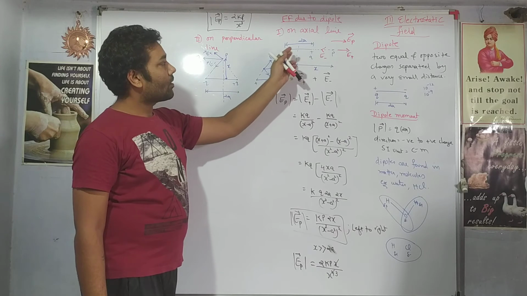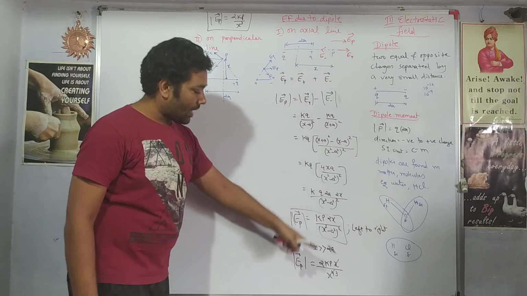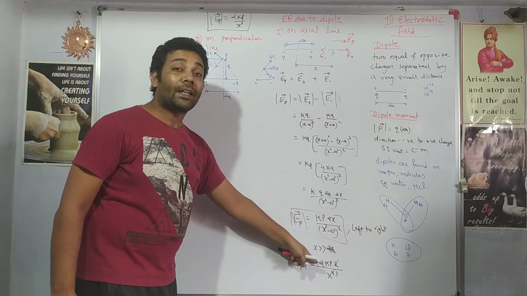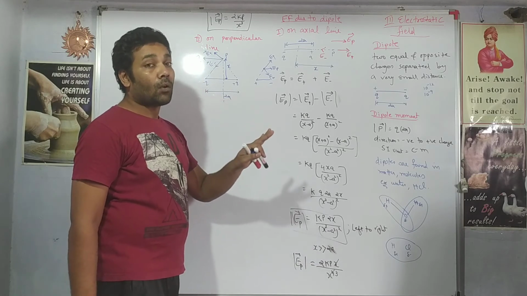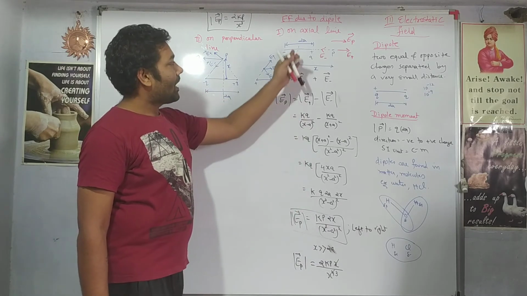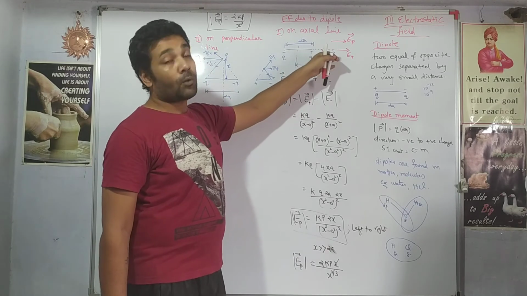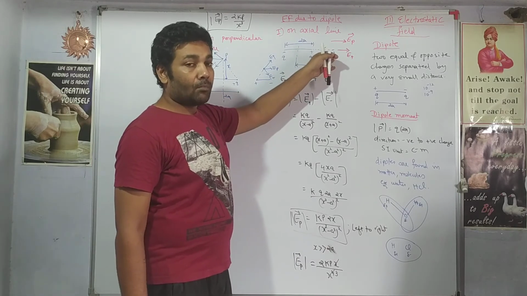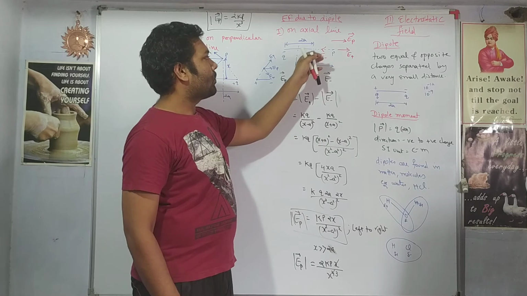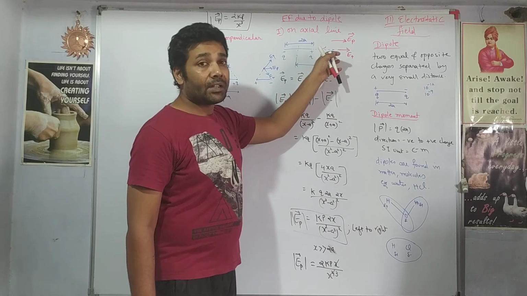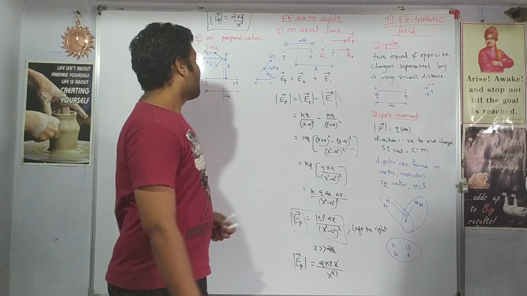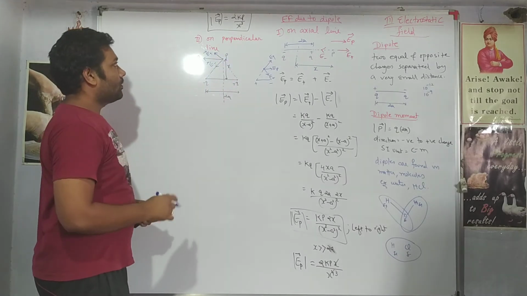Same case here also. If you put the negative closer, your answer will have a negative sign here. It doesn't make it wrong. It is absolutely right. Either you keep the negative closer to the point P, or you keep the positive closer to the point P. But the general trend is that positive is kept closer to the point P as per the textbook. So let us try to solve this.